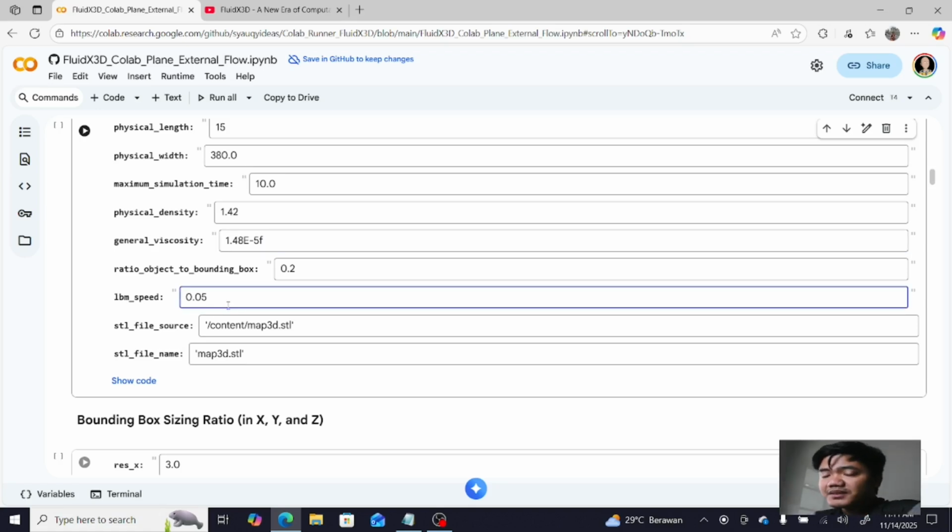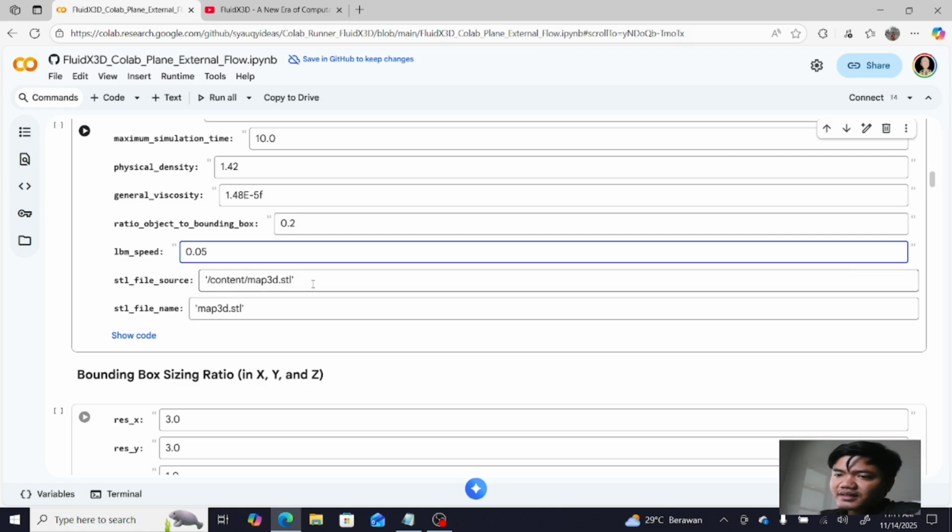And the LBM speed, this is the variable that controls how many time steps will be created in FluidX3D. If we set it smaller, we will get smaller time steps in the simulation.